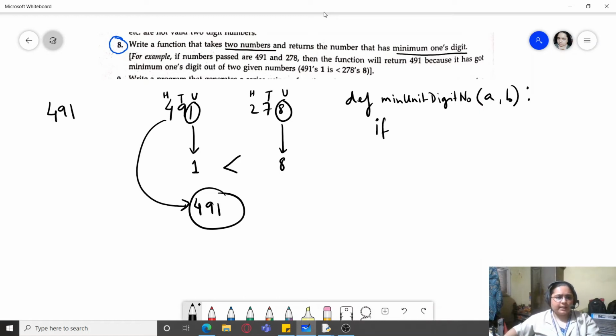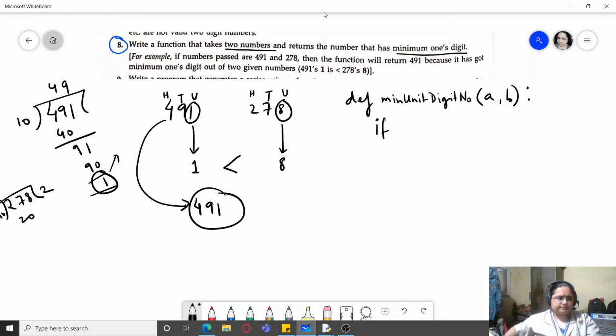So 491, if I divide it by 10, then I get its remainder as 1. And similarly, if I divide 278 by 10, I get its remainder as 8.